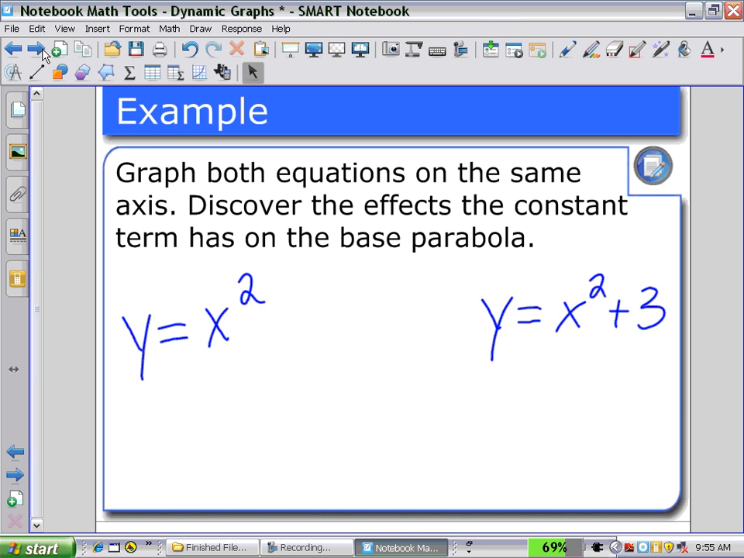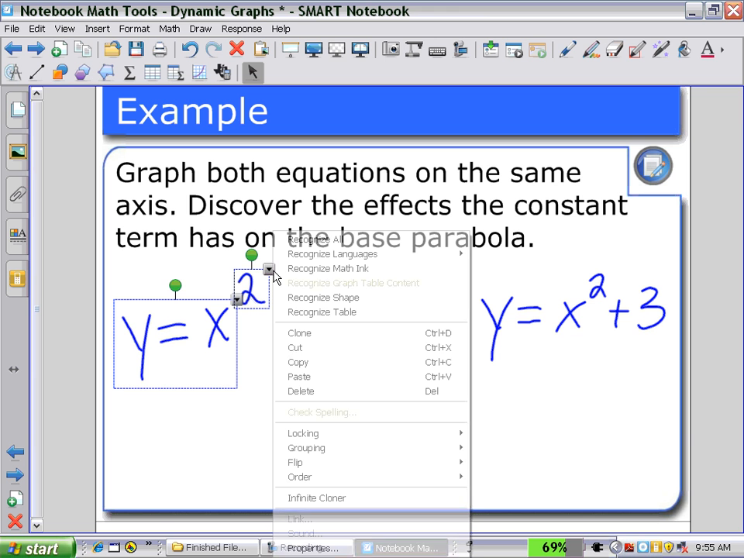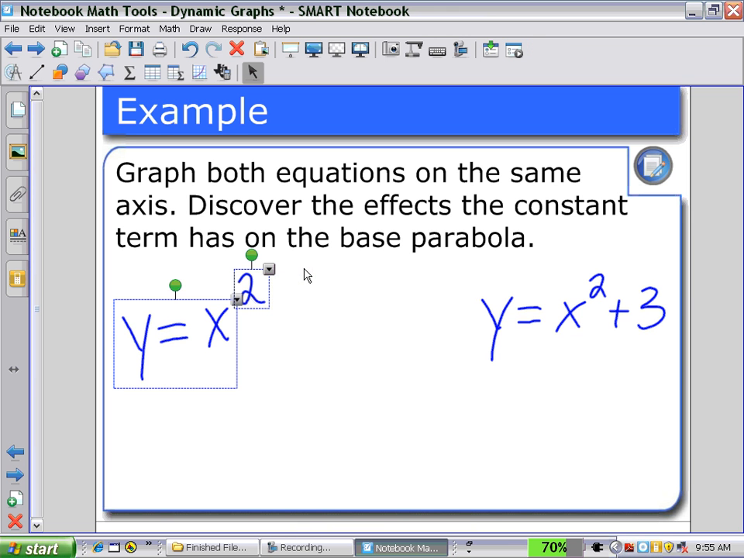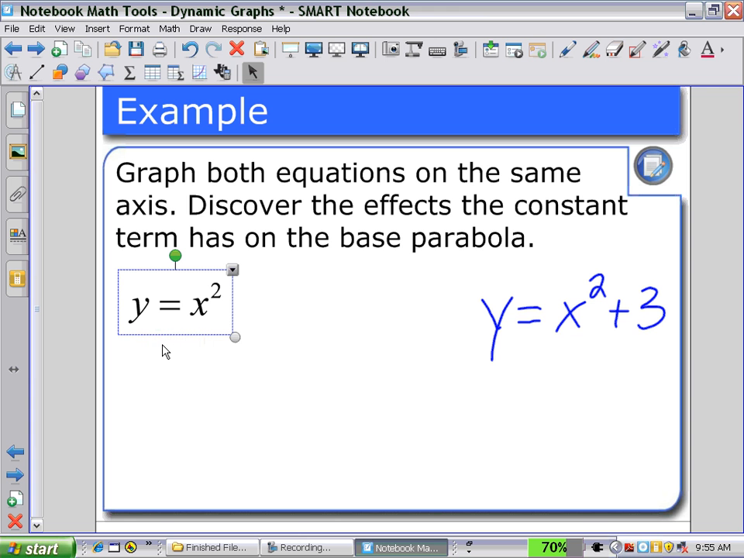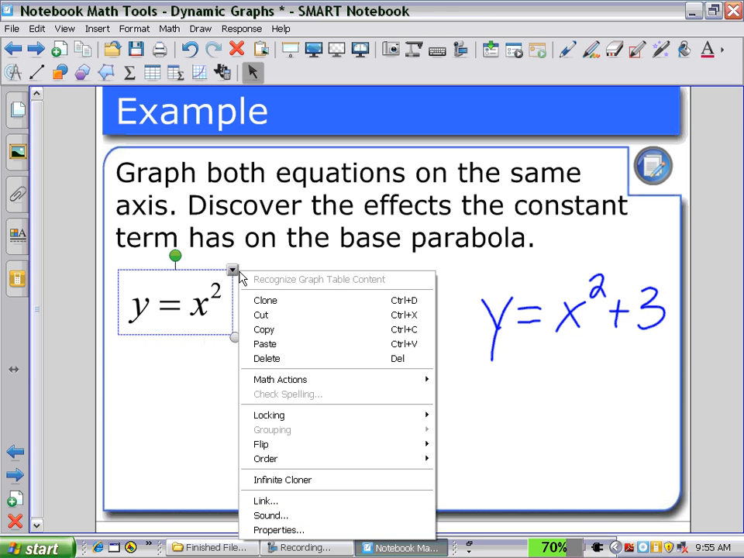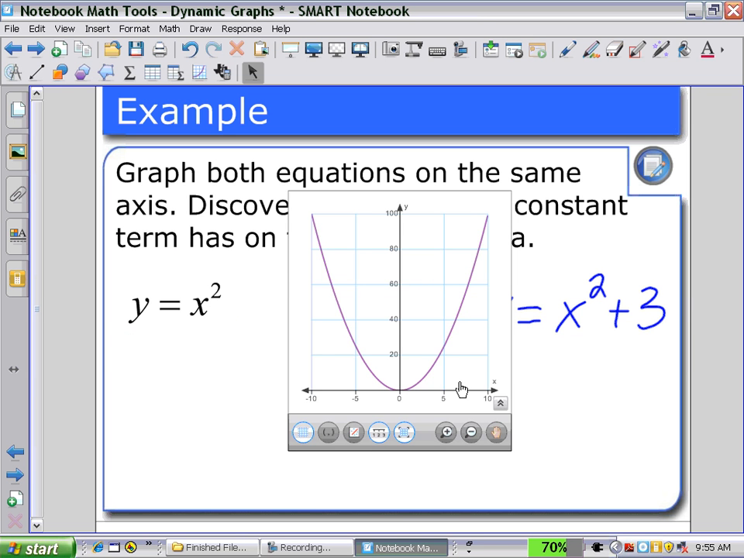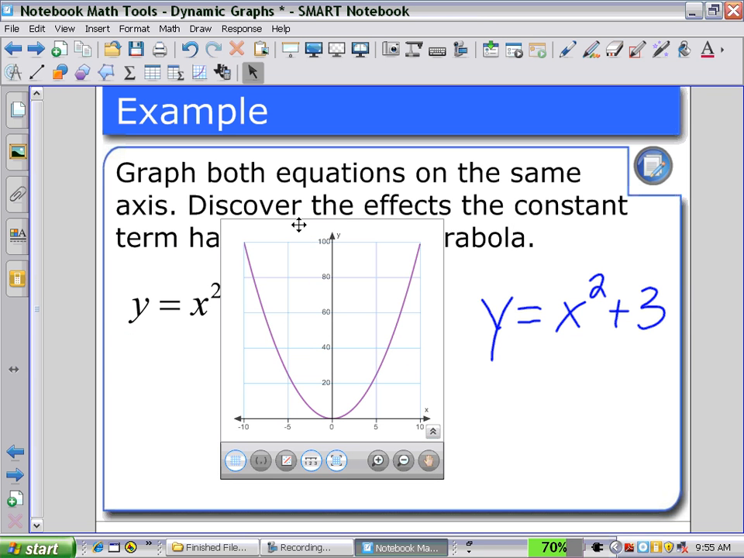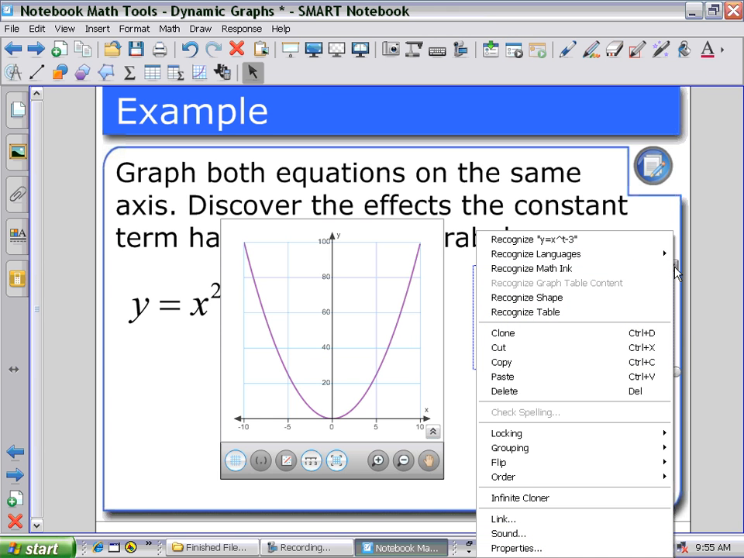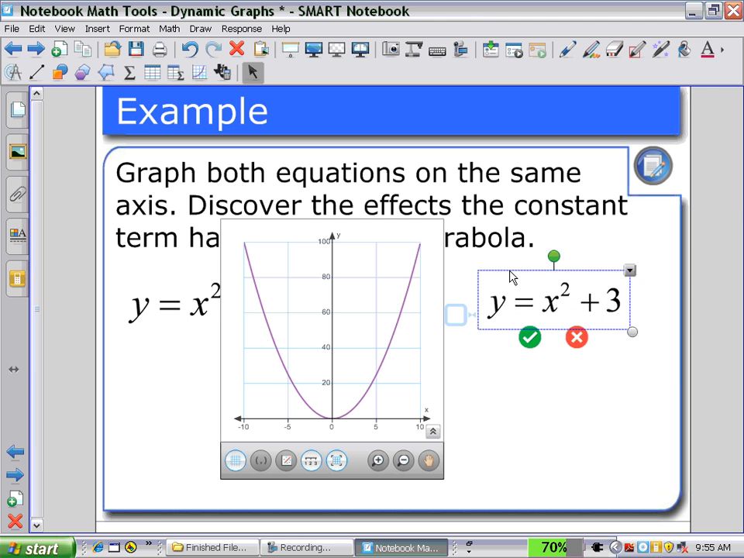We can see both equations on the same axis. So in the case of y equals x squared, if I again select this portion and recognize the math ink, I have the equation y equals x squared. If I now use the pull down menu and select math actions and generate a graph, the graph of y equals x squared. Highlighting the other equation and using the pull down menu to recognize the math,